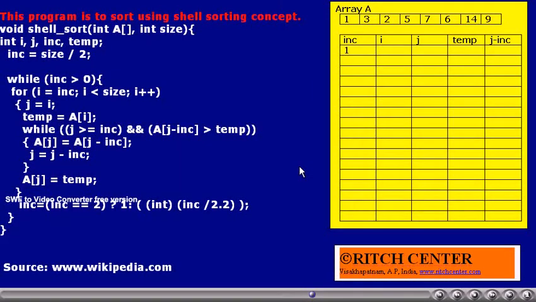Now increment value, the step value will be taken as 1. Now all the elements will become one set as the step value is 1. So every element will be compared with its right element. If it is greater than the right element, they will be exchanged. Thus we may find that our entire array gets sorted. Now element 1, that is 3, element 2, that is 2, 3 less than 2, no, thus they will be sorted.